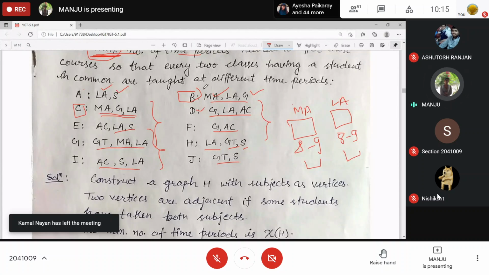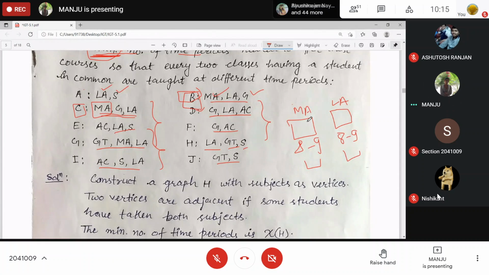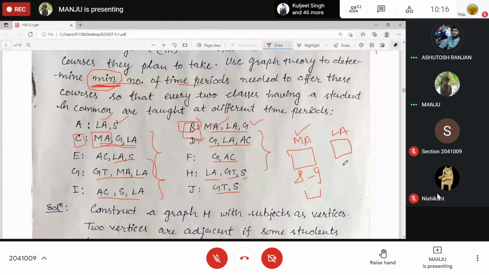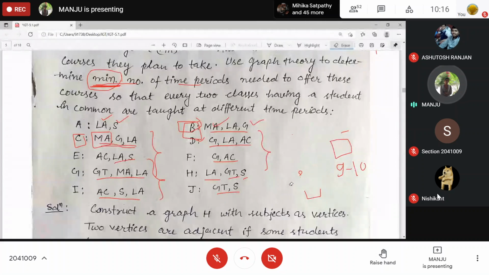अगर ऐसा कुछ हो रहा है तो स्टूडेंट बी एंड सी है ना, वो एक ही क्लास को अटेंड कर पाएंगे, राइट? Are you getting it? Any student who has taken both the courses can attend only one. Yes, ma'am. So this, दोनों करना है उन लोग को अटेंड. Yes, दोनों करने हैं. अच्छा. So this has to be in some other time slot. Okay. Yes, ma'am. So other time slot में कब होगा?